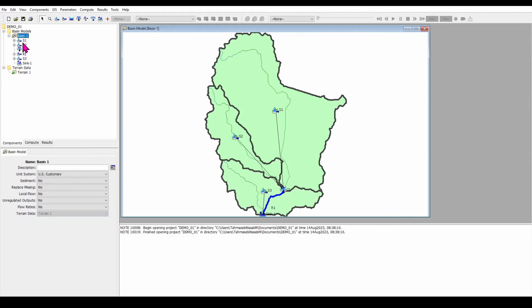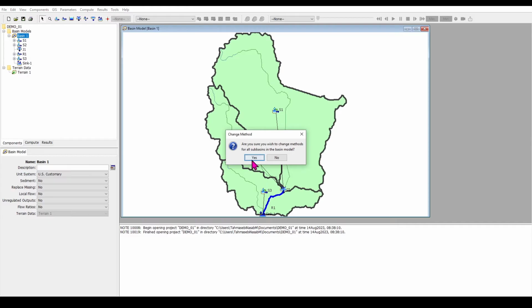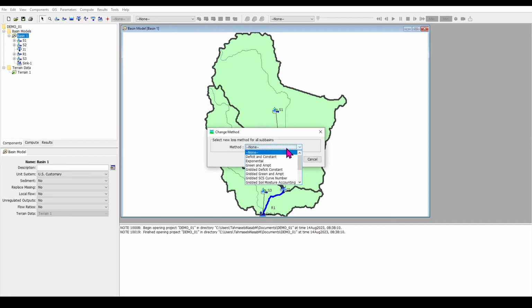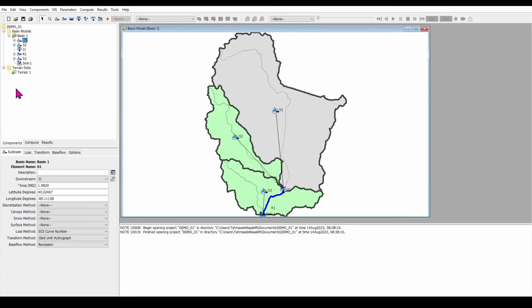So I'm going to select basin and then go under parameters and then go under loss. Loss method is your surface runoff generation method. Right now is initial and constant. I'm going to go to change method and say yes and change this to SCS curve number right over here and click change. This will change the method for all subbasins. How do I know? Let's click on subbasin 1 and you can see that right now the loss method is